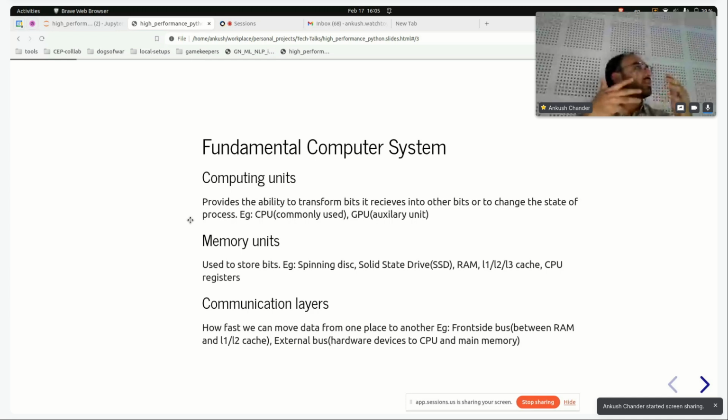Like broken into three things. One is computing units, memory units, communication layer. Computing units, like